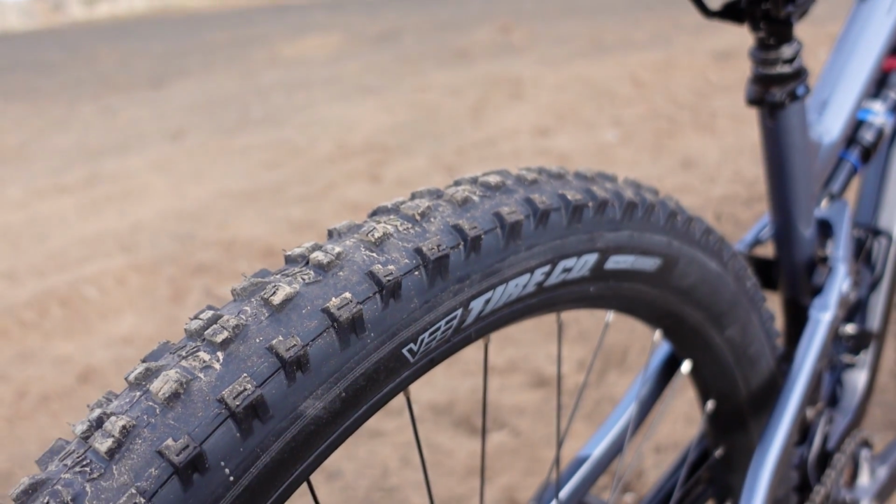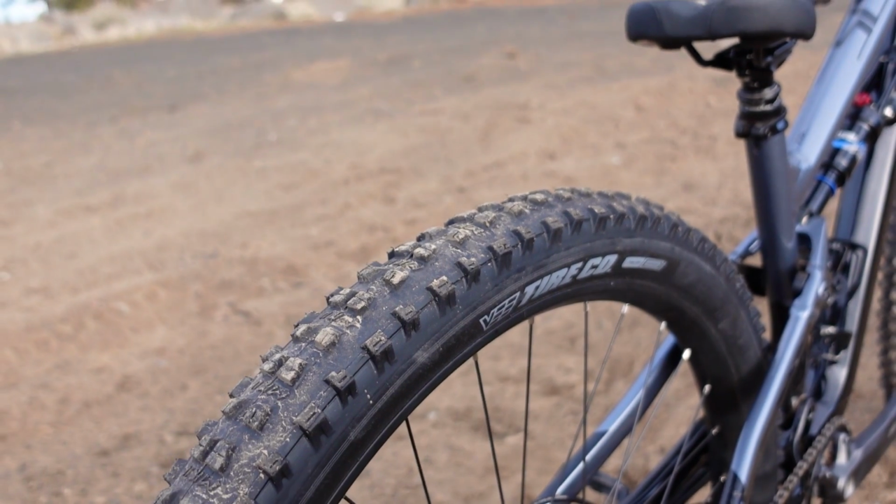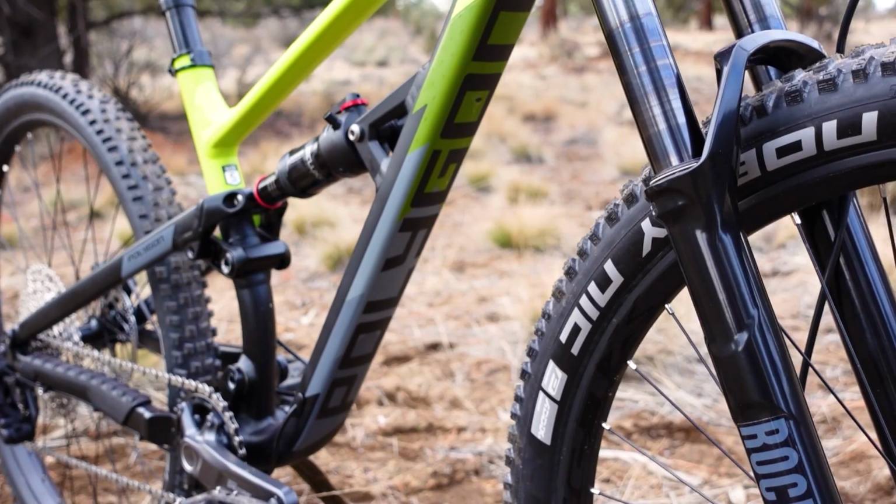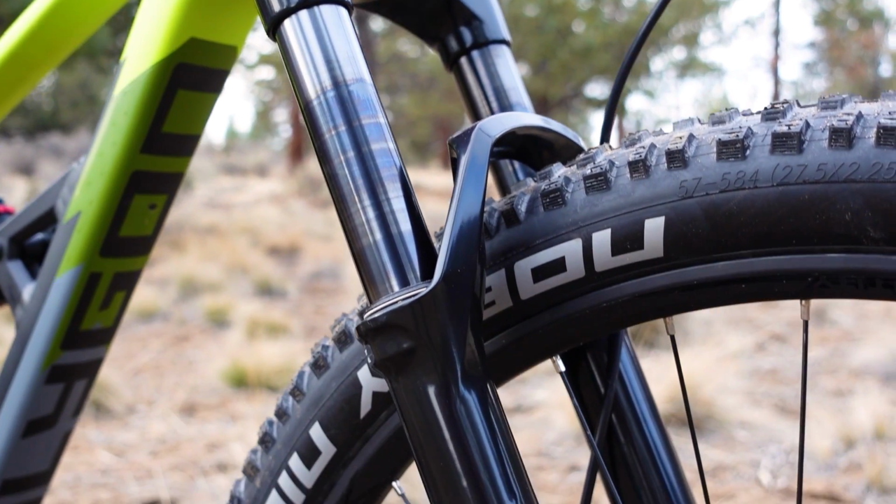If you already have a trail bike or are thinking of getting one like the T6, but you want to make those climbs a little less crappy, you can consider switching out the stock tires for something a little bit lighter weight with a less knobby tread pattern. There's a ton of great XC and light trail tires to choose from, but my personal favorites are the Schwalbe Nobby Nics, which we carry at